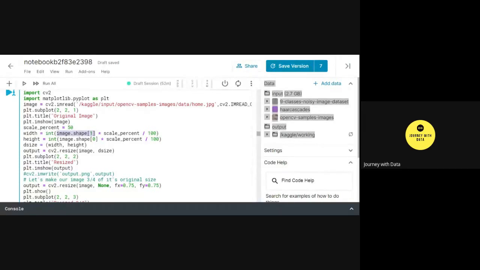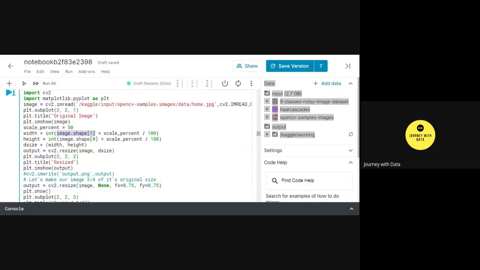I just talked about image.shape, which in the case of a colored image has 3 parameters, and in the case of a grayscale image has only 2 parameters. The first 2 parameters are nothing but the width and the height. So I am accessing the first index for width, and the 0th index for height.